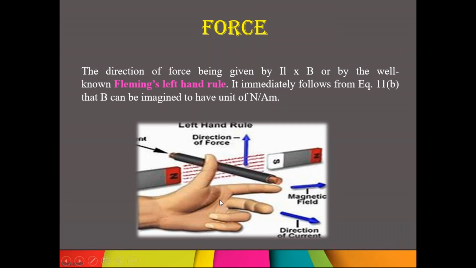The force direction is given by Fleming's left hand rule, and Fleming's left hand rule is applicable for the generators, whether DC or AC. Okay? And the right hand rule is used for the motors. Remember this well: Fleming's left hand rule is used for the generators and Fleming's right hand rule is used for the motors. So this is the concept about magnetically induced EMF and force.